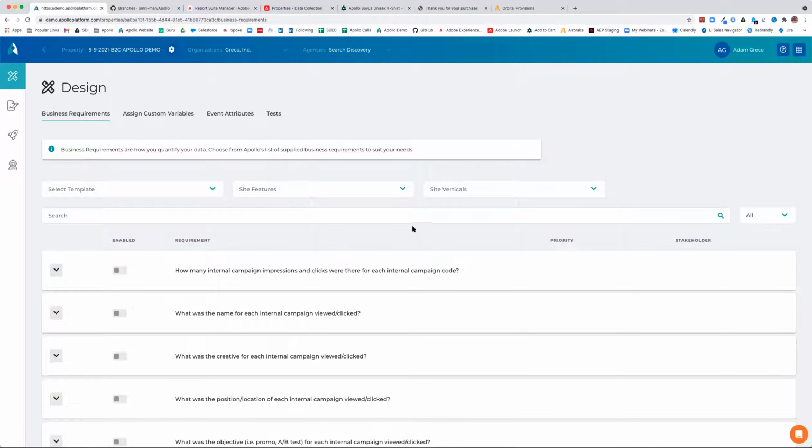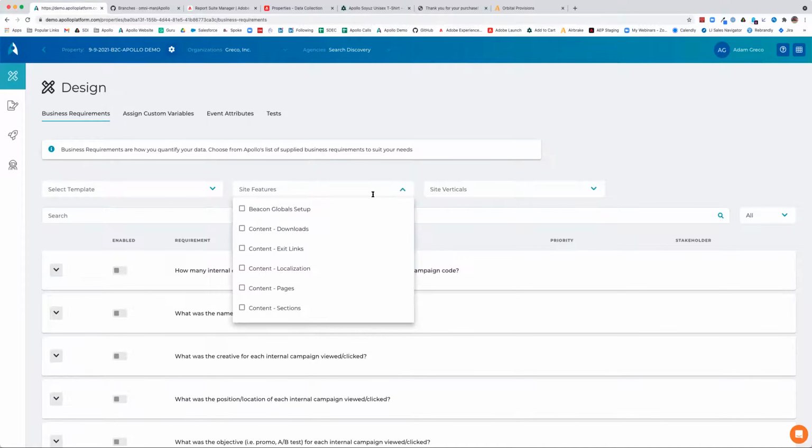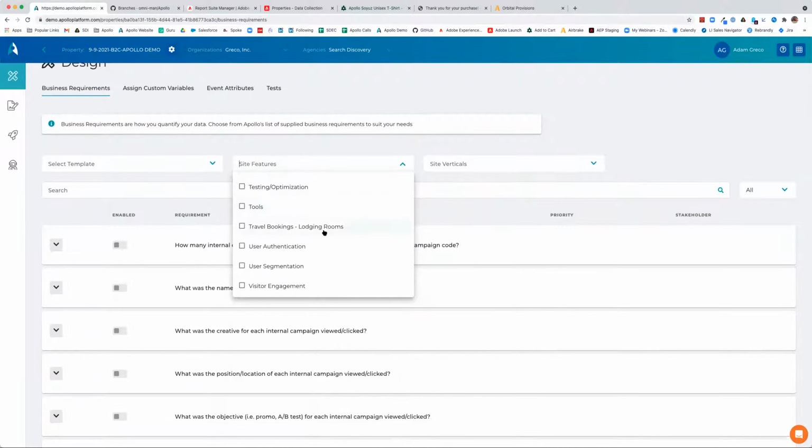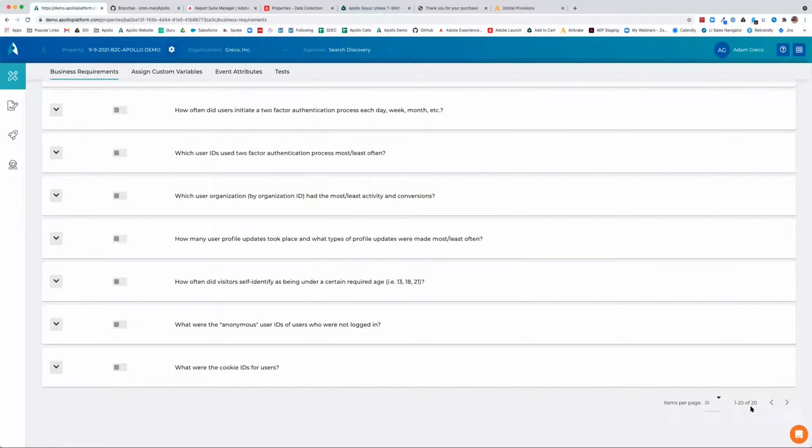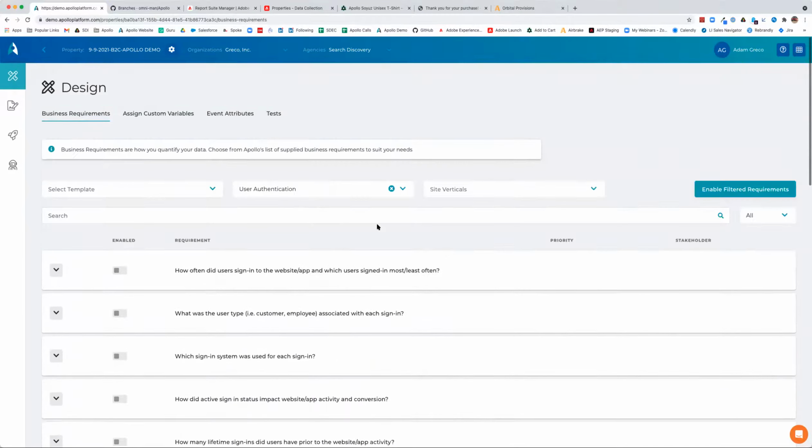Another way that we could filter requirements is by site feature. These are the features that we've seen that are pretty common on most websites and mobile apps. And this is another way that you can think about finding and filtering requirements. So for example, if you have a login on your website, you might have things you want to know about users. So maybe here I see that there's a site feature called user authentication. If I click that, I can see that Apollo has now filtered down to 20 business requirements that are related